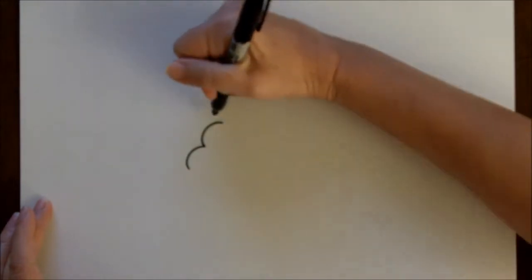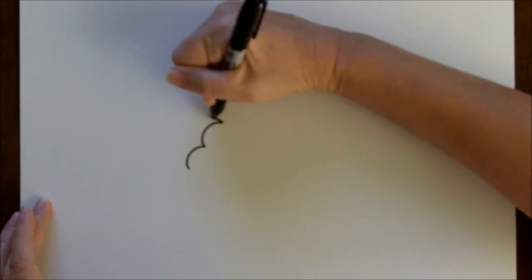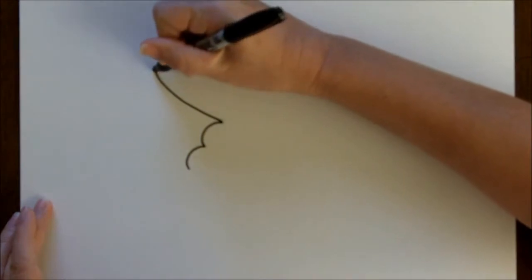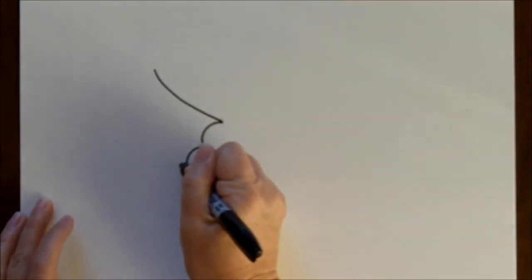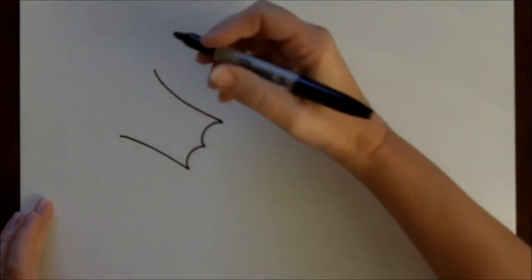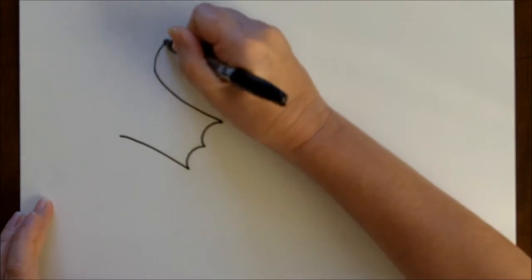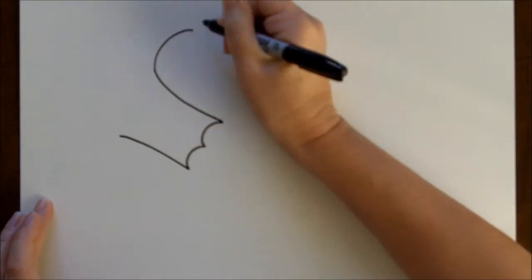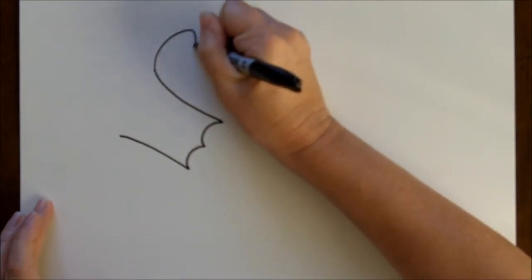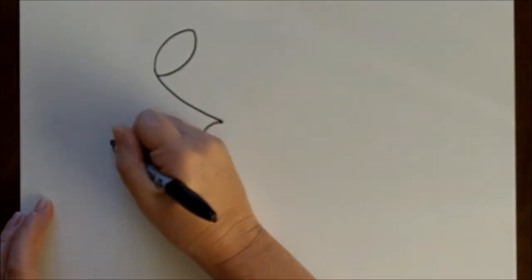Now, up from that shape, this is going to be the lower part of the dragon's nose. We are going to make a curved line, and then we're going to make another curved line. Now we're going to go into the eye with this curved line, and the eye is going to be fairly cat eye like. So it's almond shape,